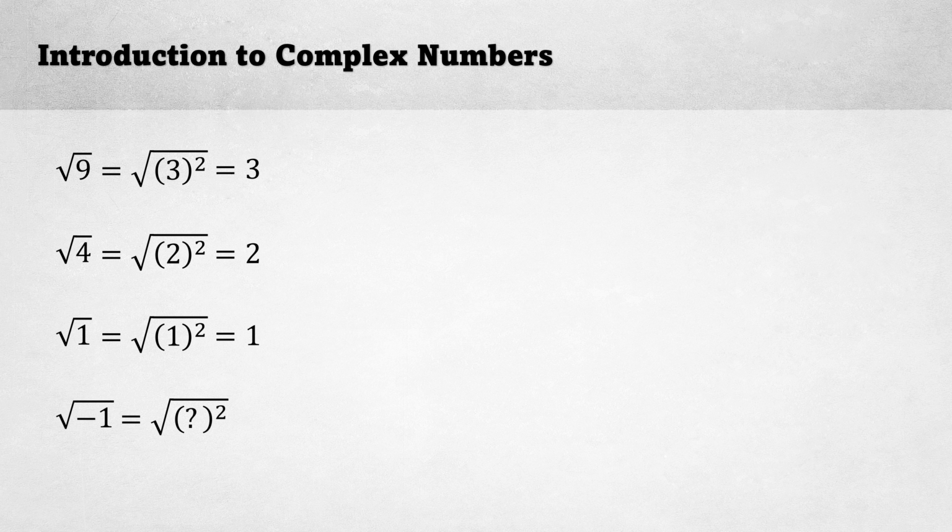What squared is -1? Mathematicians came up with the concept that i squared equals -1, so we could solve quadratic equations. So we can express the square root of -1 as the square root of i squared and simplify it to just i. Now that we know the square root of -1 equals i, we can simplify the square root of -4 by